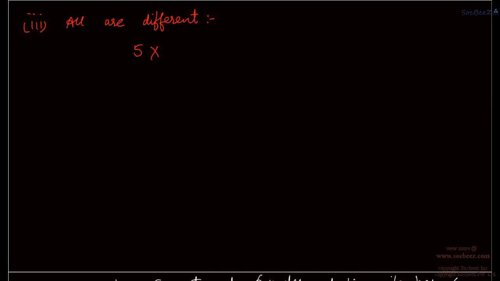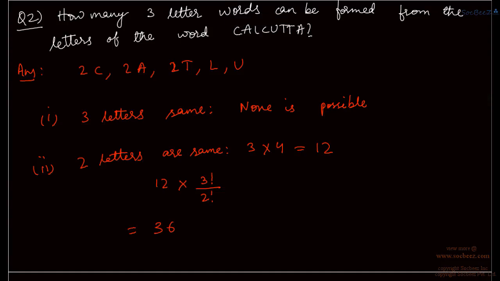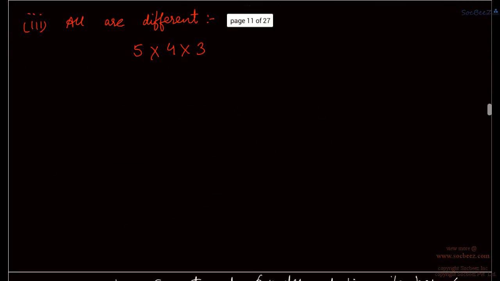Now, for these 3-letter words, for the first one I can choose in 5 different ways. For the second one I can choose in 4 different ways. And for the third one I can choose in 3 different ways. Remember that we don't have 8 different letters here, we have only 5. So this actually becomes a normal without repetition thing. We can otherwise write this as 5p3.